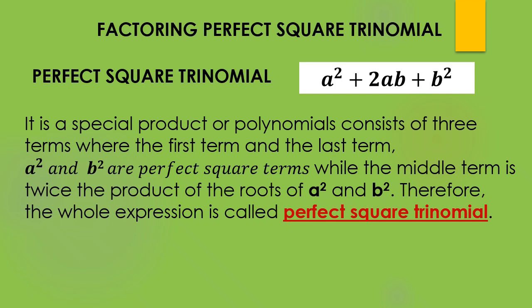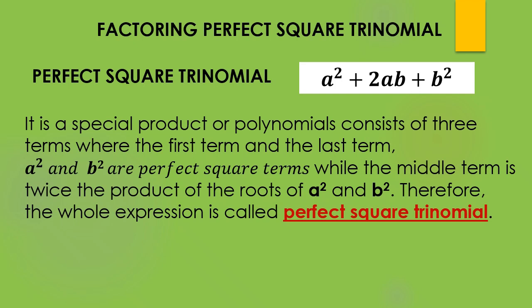Last time, you learned how to factor the sum and difference of two cubes. This time, you're going to learn how to factor the perfect square trinomial. So, what is perfect square trinomial? Perfect square trinomial is in the form of a squared plus 2ab plus b squared. According to this, it has three terms, which are a squared,